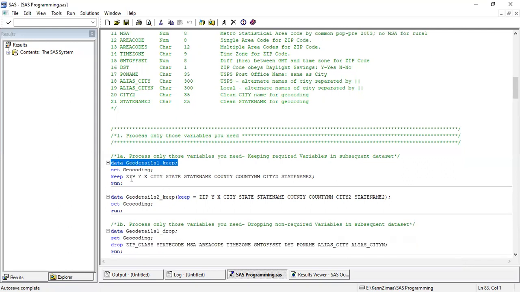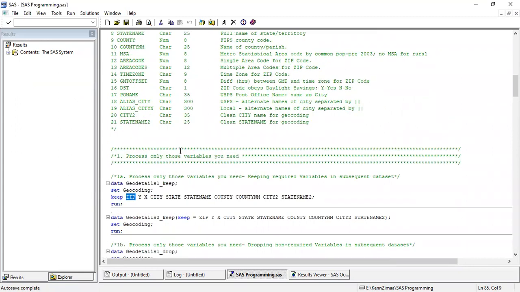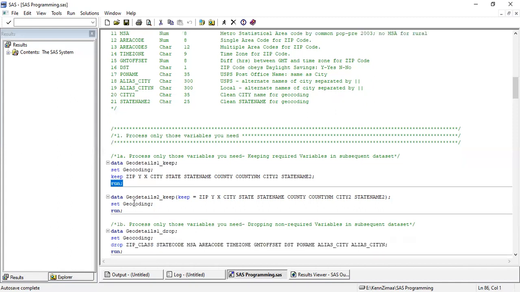So for my purpose, I need, let's say, only these particular variables: 1, 2, 3, 4, 5, 6, 7, 8, 9, 10. So out of 21 variables, I need only 10 variables. And simply I write the names of all these variables like this. After the word keep, I will simply write the name of variables with a space in between. I will end that with a semicolon. Every statement in SAS should end with a semicolon, and every data step should end with a run statement followed by a semicolon.